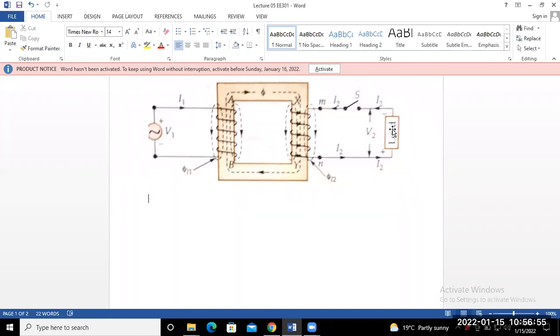So how can we proceed for that one? First we draw the secondary side. If you consider the secondary side, okay, so this is your secondary terminal voltage that is represented by V2, and this is your load current that is I2. So first we can draw the secondary side phasor diagram. Okay, so I will remember how we drew the no load phasor diagram.